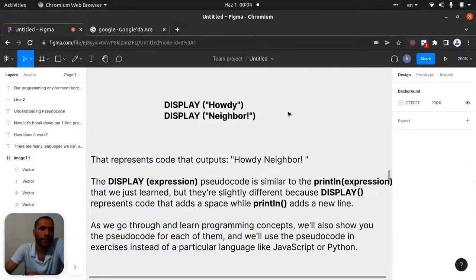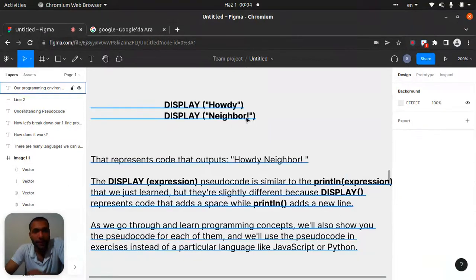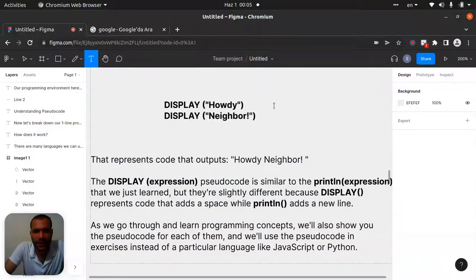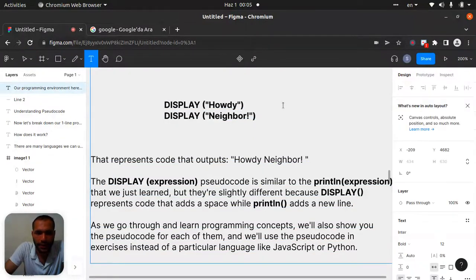Display howdy, and another display neighbor. Let's say there is one space between them. When you see something like that, think about what it will display.